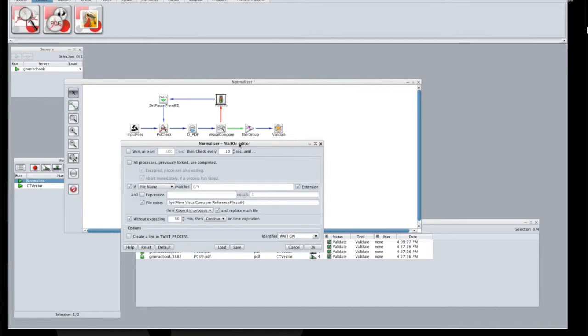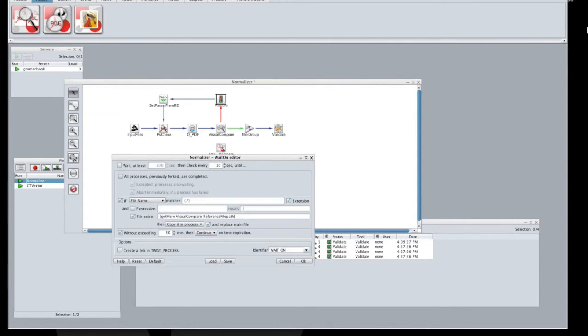Yes, so actually we use the Waiton to restore the original file. As you probably know, the Waiton is able to wait for a file to be available in the folder.